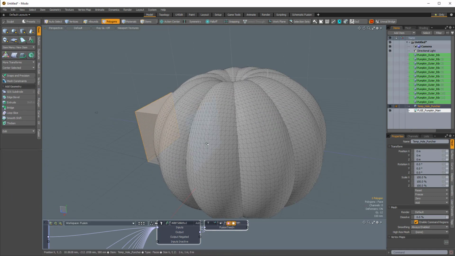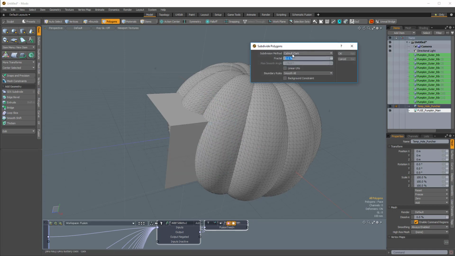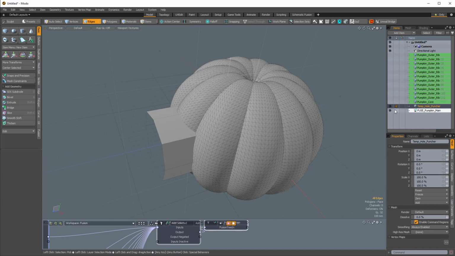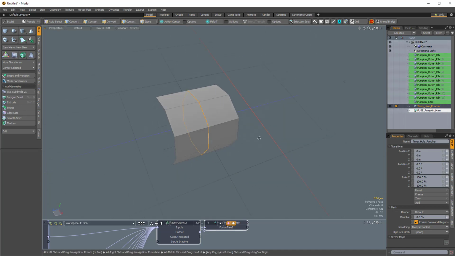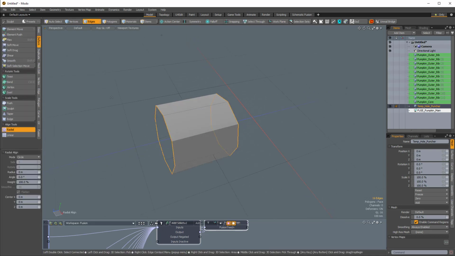3 for polygons mode, select these 2 polygons, Control X, and then Control D to subdivide this. I'll use a subdivision method of Catmull-Clark. I'll select this edge and Control X, select these 2 edge loops and radial align that. P for polygon mode,